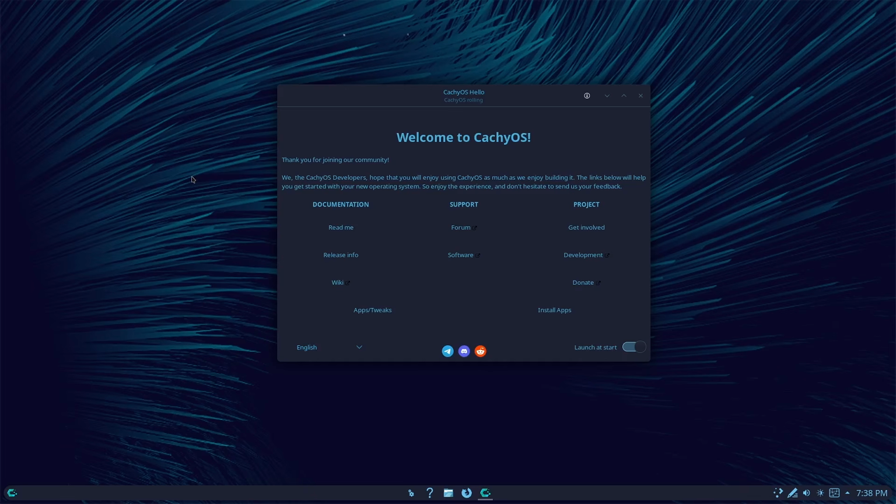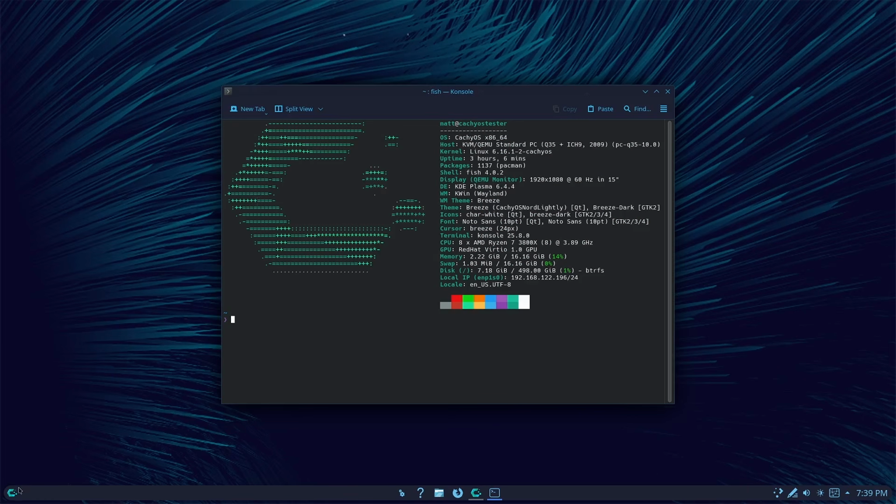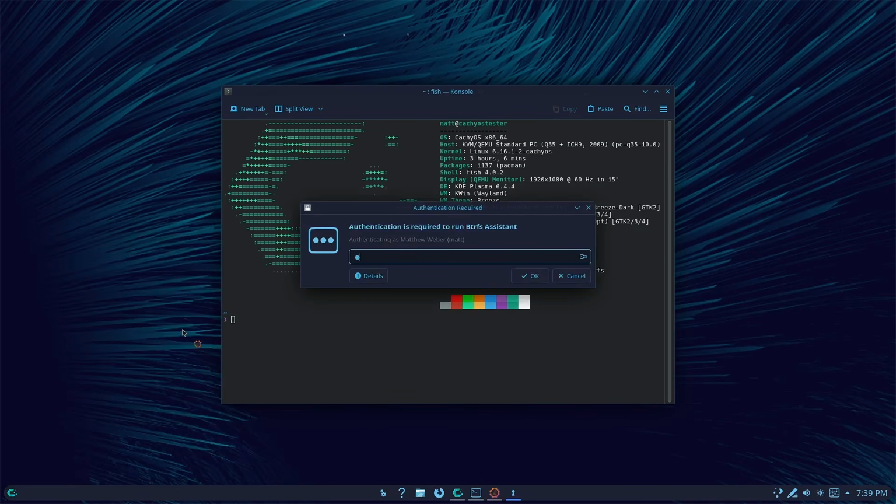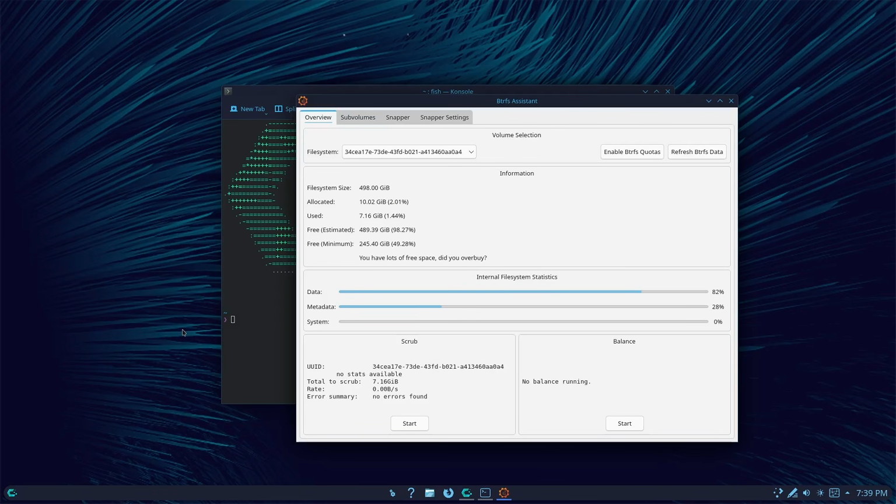So let's go ahead then and talk about Btrfs. If we go here to System and then Btrfs Assistant, it'll ask for a password, and then we'll get this thing. Now, it doesn't follow the theme, but I don't care about that. I'm pretty sure that this is a Fedora project, or at least Fedora has a version of this. Basically, what this allows you to do is control a lot of your Btrfs settings, take snapshots, and so much more. It gives you some stats here on the front page about how you're using your file system. It allows you to do a scrub and a balance if you want to start balancing. It allows you to look at the